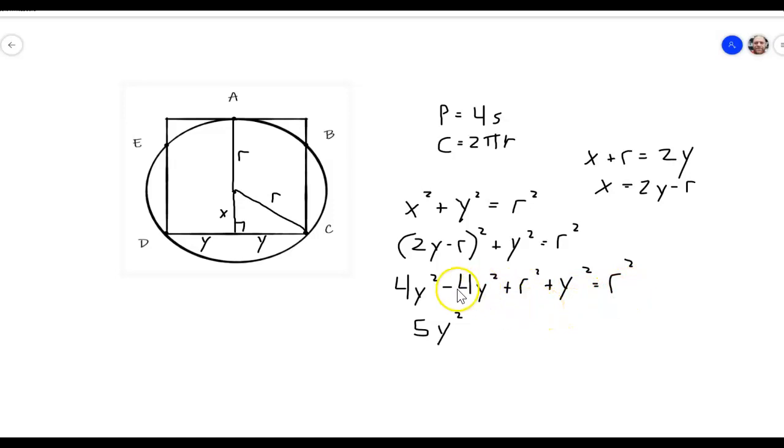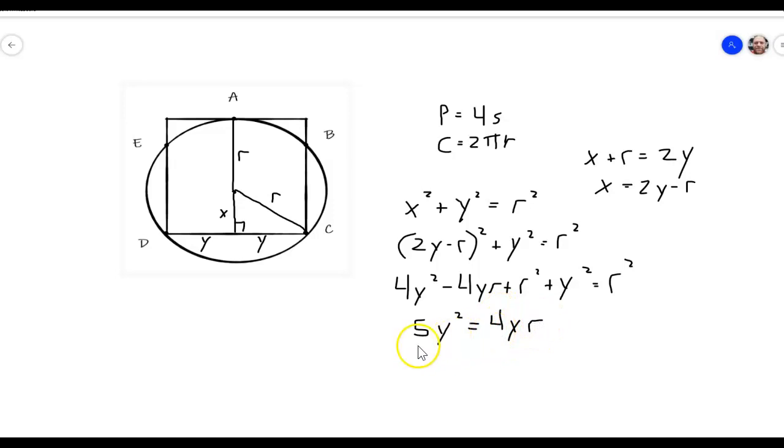And then finally, I'm going to move this. Did I forget an r here? I think I did. Yeah, that should be 4y. Yeah, I think I put that one in wrong. That should be 4yr, excuse me. 4yr. And then I can just move that 4yr to the other side is equal to